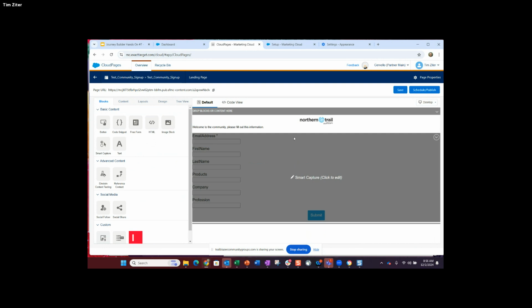Each data extension row will be filled in for every time someone signs up, and then we can email them. We could build them as a lead or a contact in Salesforce. So that'll be sort of where we're going to go from there. So anyways, that'll be what we'll do in our next session.